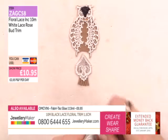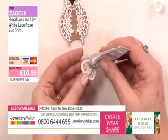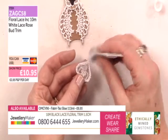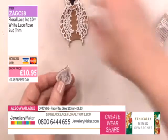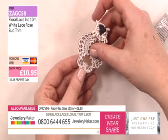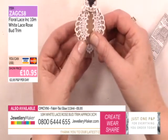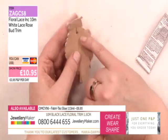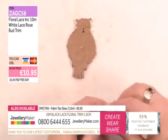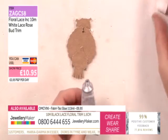And then we'll glue his tail section. So a bit of E6000 on there. And I also shaped the body by popping a little bit of glue here and pinching it together just to dry, so it then curves the